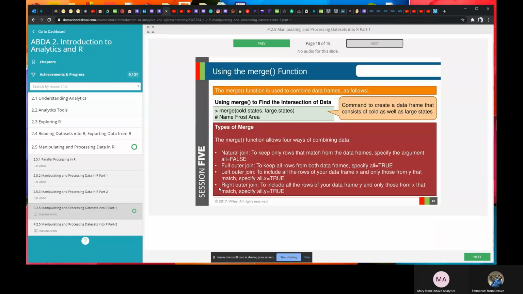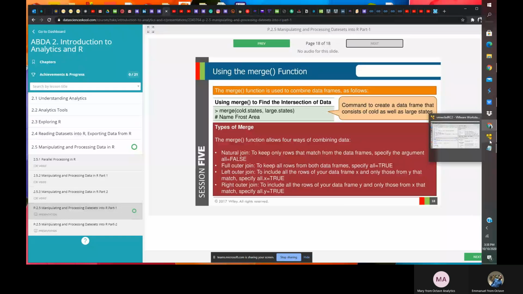Then you have the left outer join and the right outer join. If you are doing a left outer join, you say all.x equals TRUE, where x is the one on the left. If you are doing a right outer join, you say all.y equals TRUE, which selects all the values on your right and matches them to what corresponds to your x.